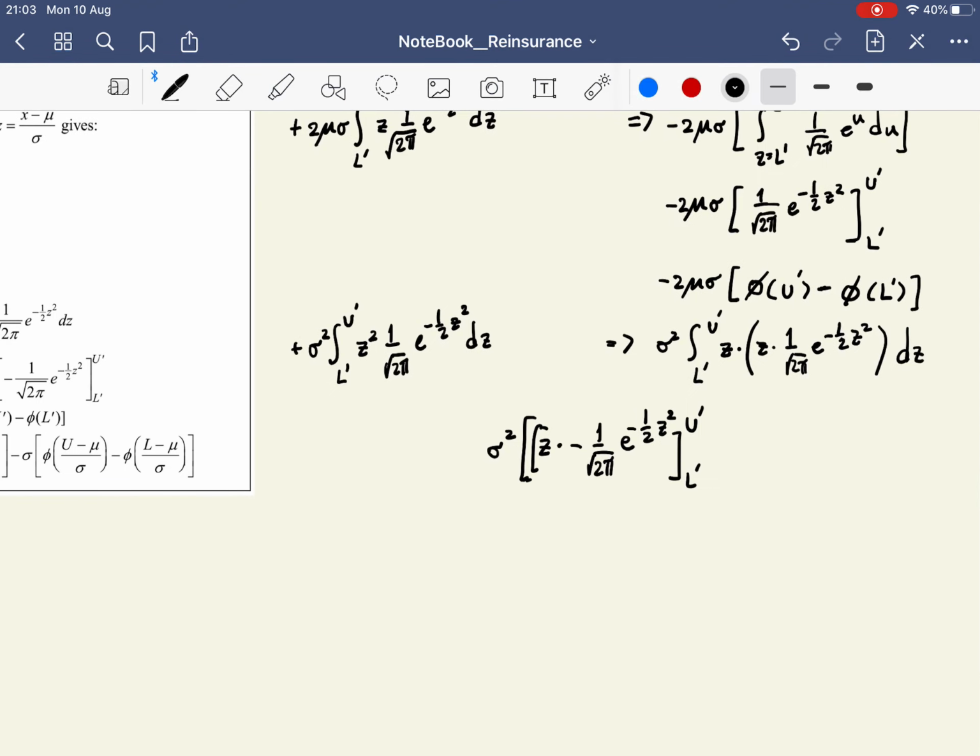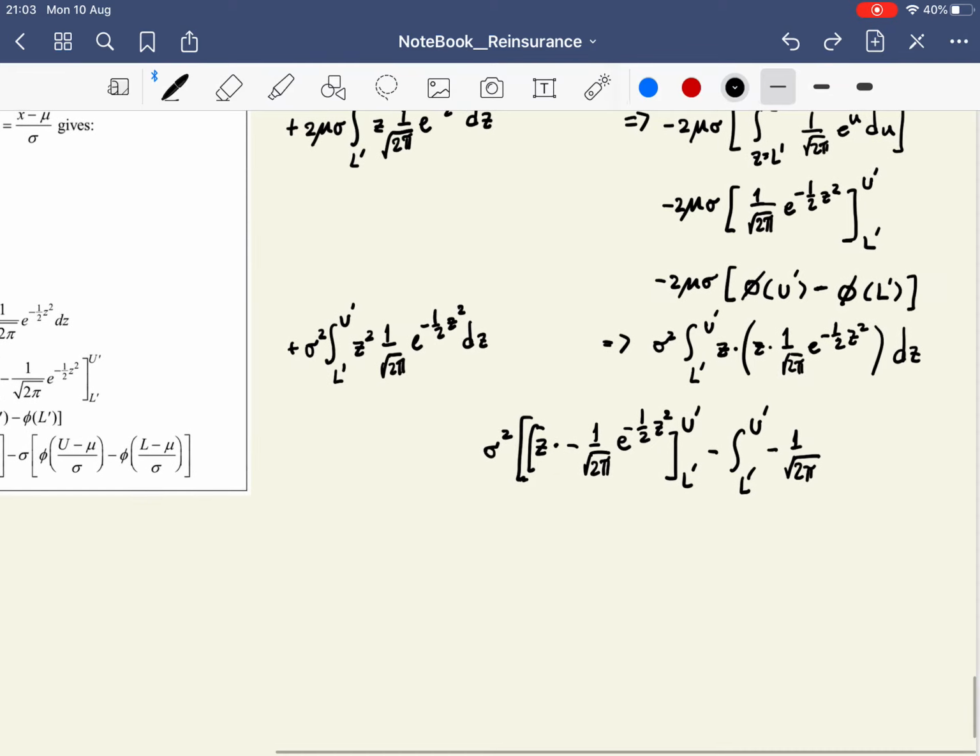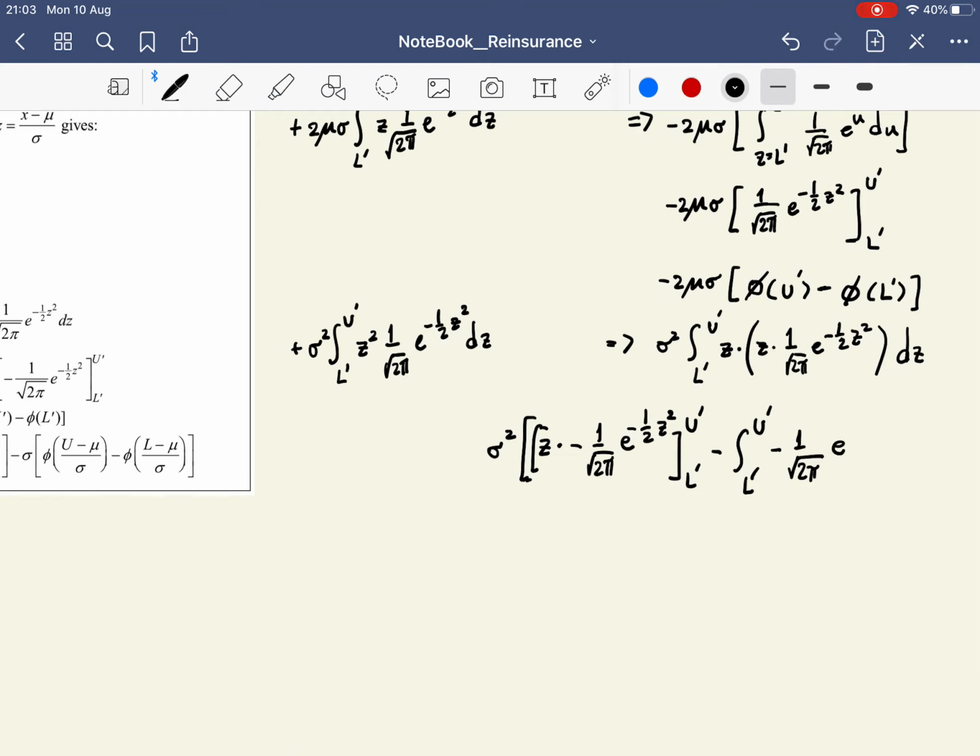And then the other part is just the integral from L prime to U prime of negative 1 over square root 2 pi e to the power of negative 1 over 2 z square dz. Here is what we have,